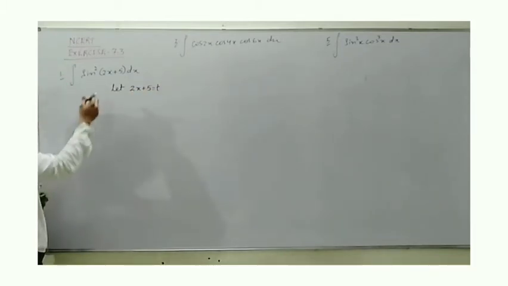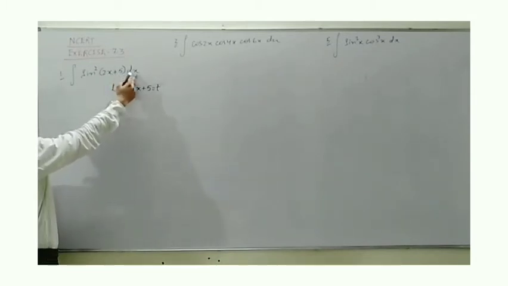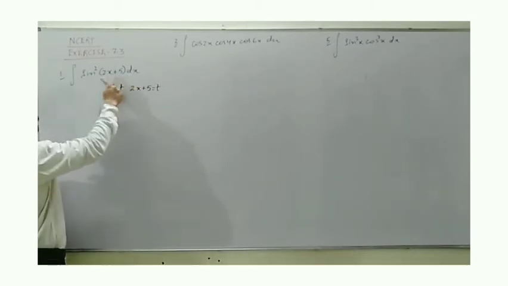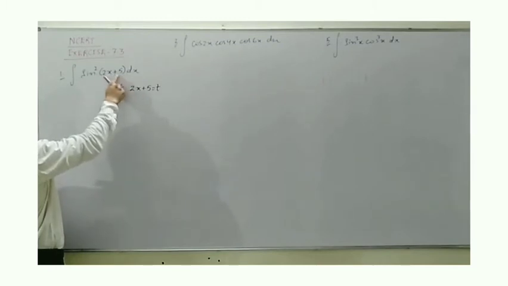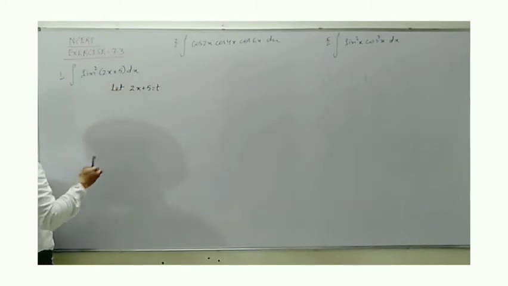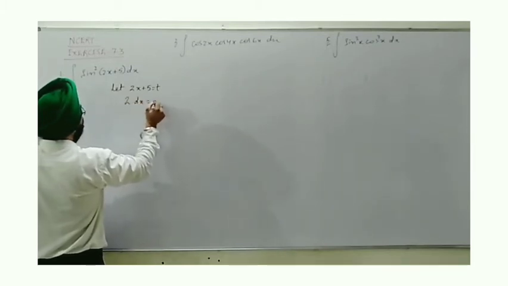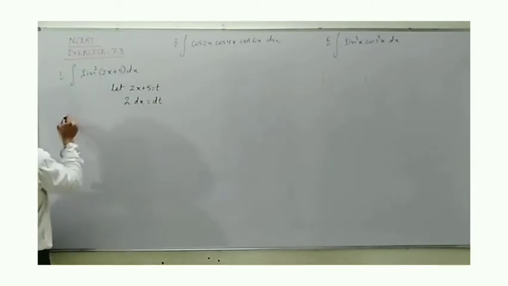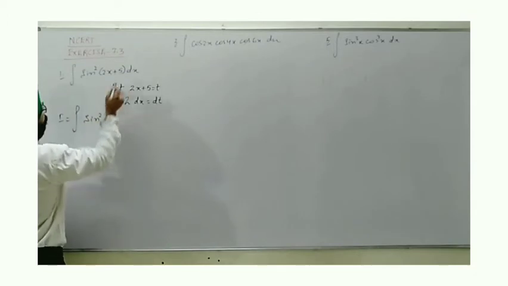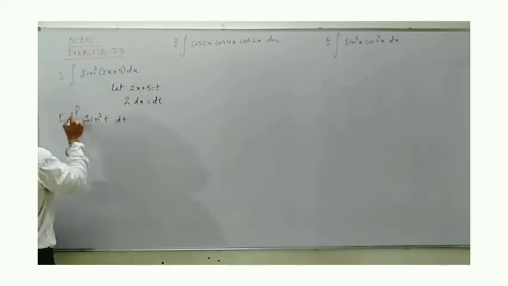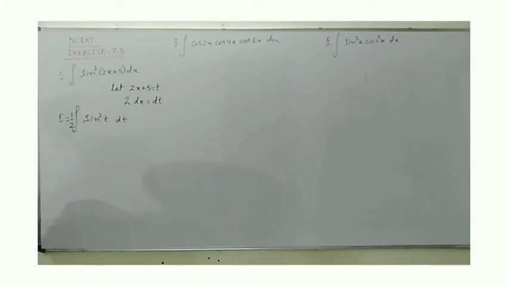Before we apply some method, we should see that this should be one variable, as we are integrating with respect to x, and here we are having not x, but a linear polynomial given with the sine function. So that's why we will convert this into one variable only. Now differentiating, we find 2dx equals dt. This integration can be written as integral of sine square t dt upon 2. So this half is a constant taken outside. Now sine square t dt.